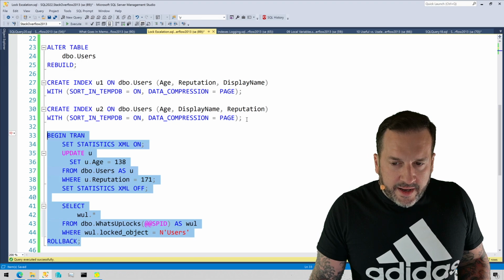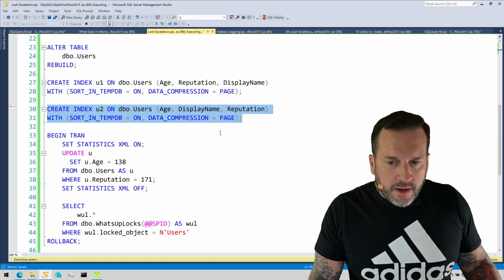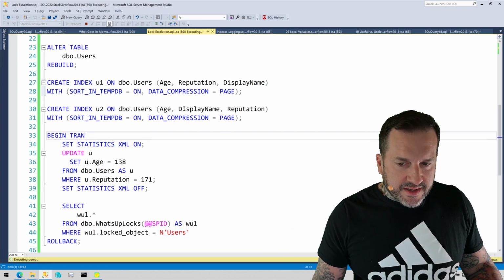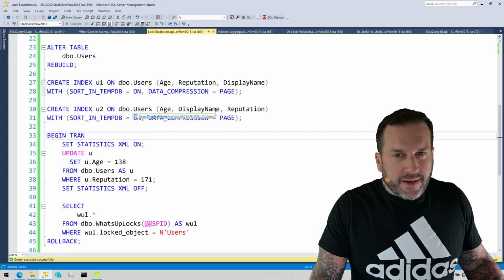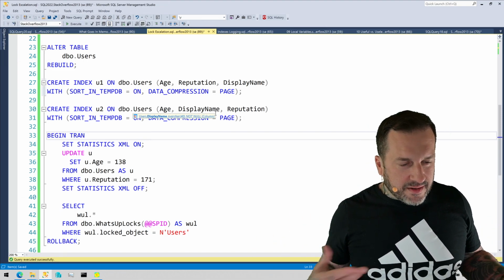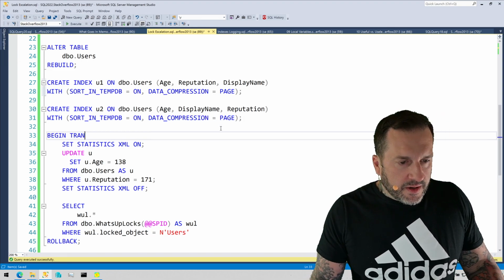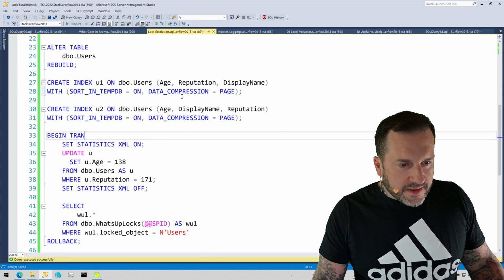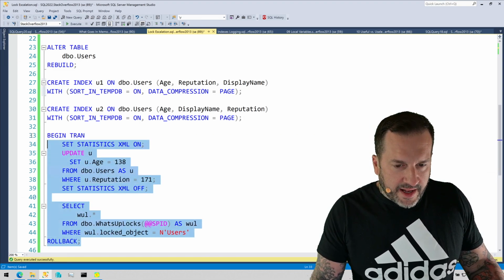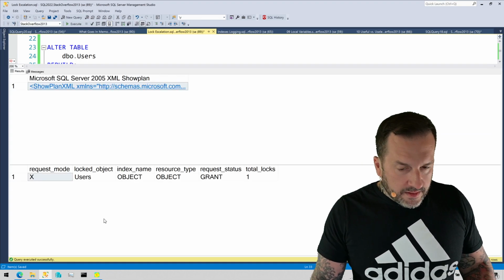Now, if we add in just a second index, which is, again, a situation I run into with clients a lot, just the same columns in a slightly different order. They both kind of get used, but no one really knows which queries hit what, which queries are more important, all that stuff. This takes a little bit more analysis and domain knowledge to figure out if you can get rid of one of these. But if we add in that third index and we run this, rather than locking a